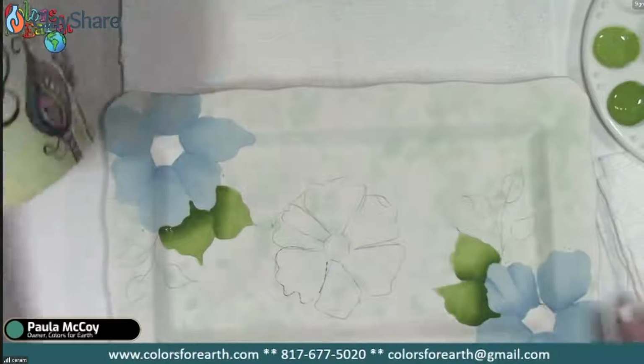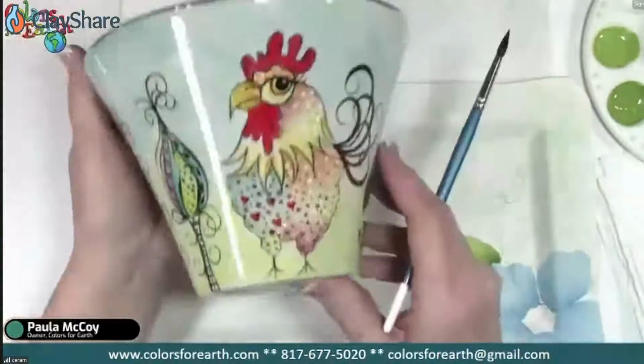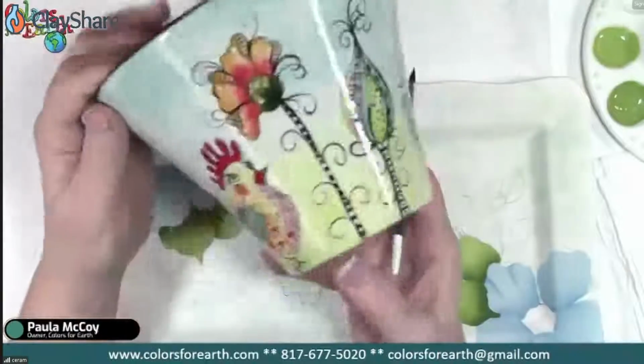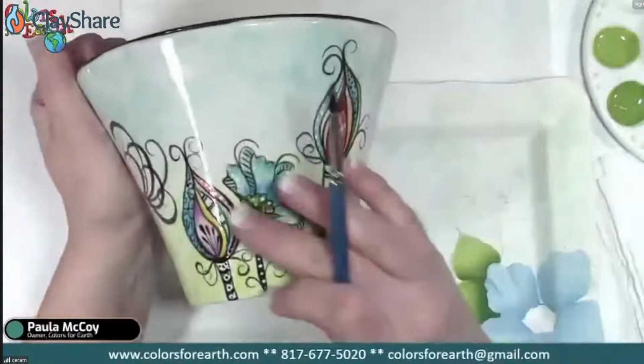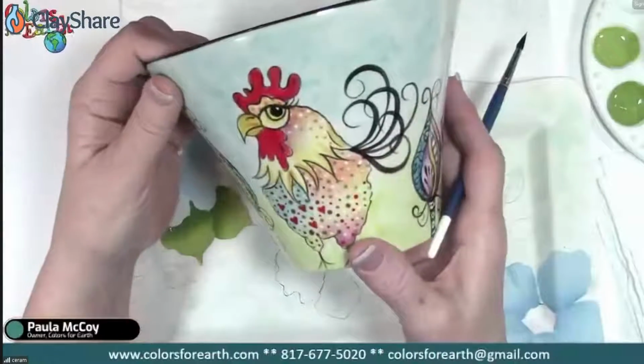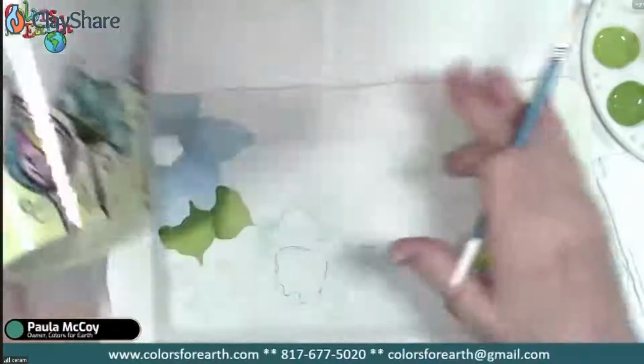I did something similar as far as the background, like on this guy. Isn't he cute? That's going to be one of my Wisconsin ones. He's very cute. So this is my whimsical chicken. The flowers and some of the parts are done similar ways, but the same watercolory background, like I did here,